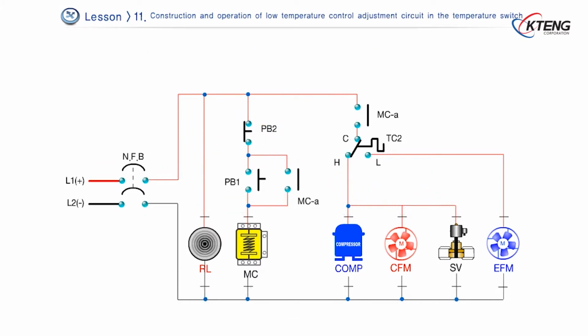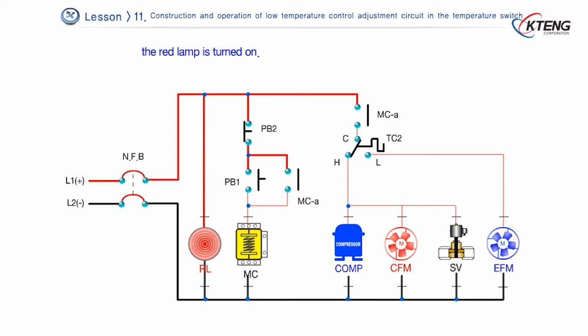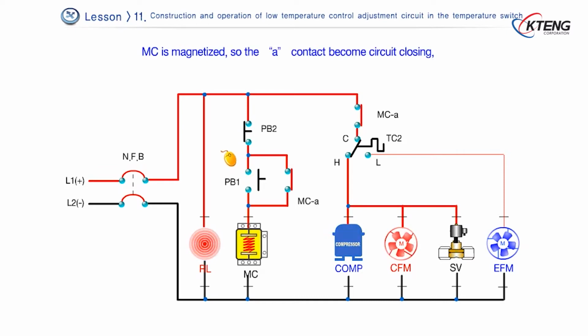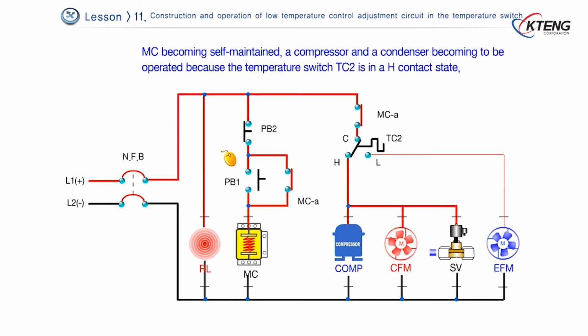If the NFB circuit breaker switch is turned on, the red lamp is turned on. If PB1 is pushed, MC is magnetized, so the A contact becomes circuit closing, MC becoming self-maintained, a compressor and a condenser becoming to